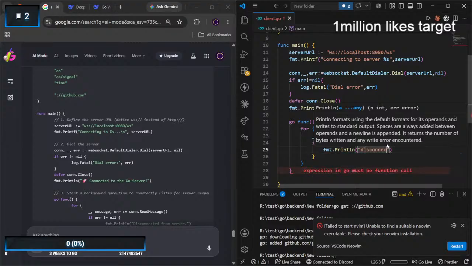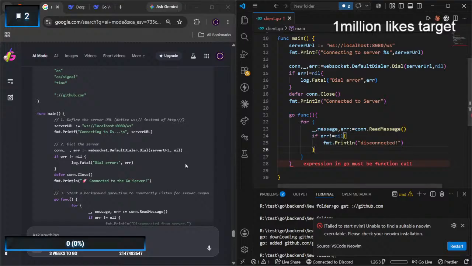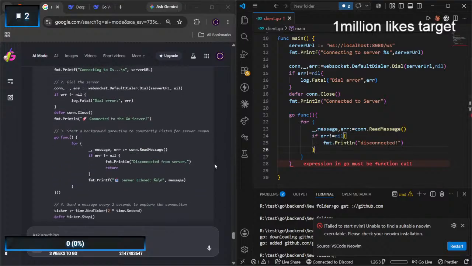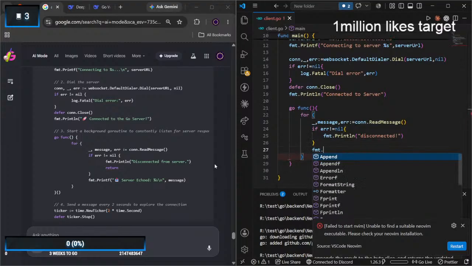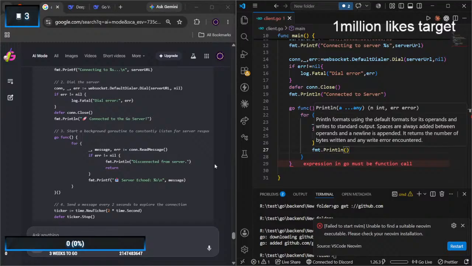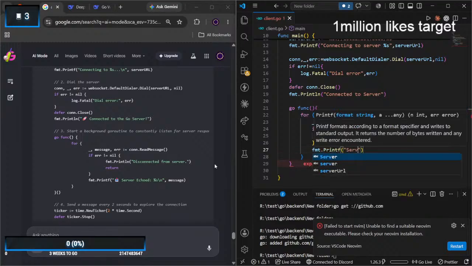Select, case, fmt.Println. So the code is like, what do we call that?